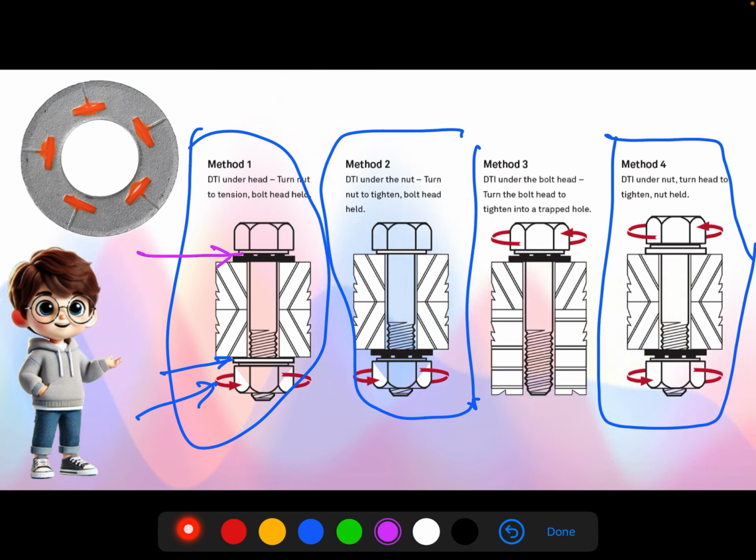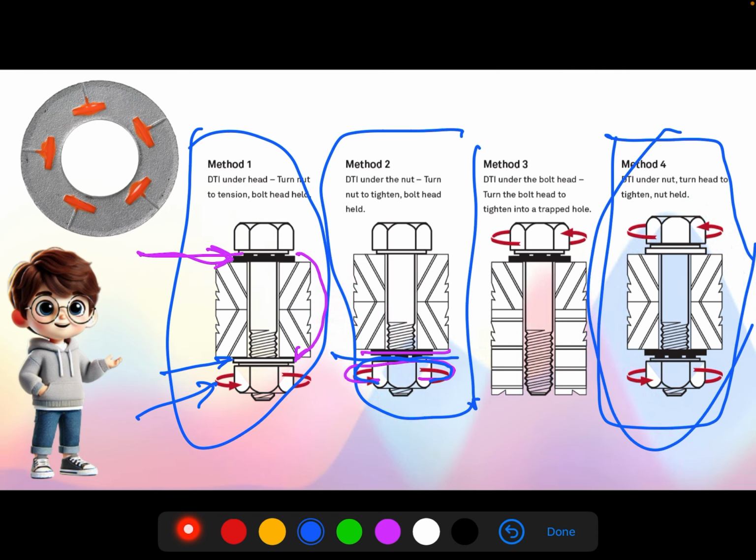And another condition, when you are tightening the nut, you can't see the bolt head while tightening. Then you need to provide the DTA washer on the nut side only. In that case, you will provide DTA washer first, then a standard washer and then nut, and you will rotate the nut. So nut is the rotating object and standard washer is in direct contact to the nut, not DTA washer. Okay, and this procedure